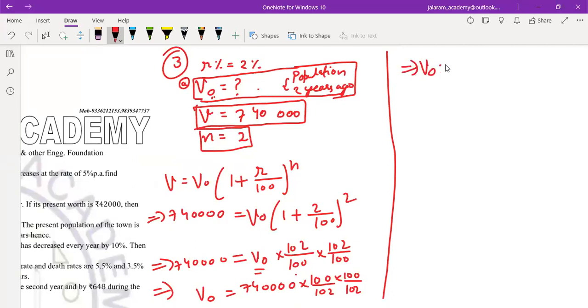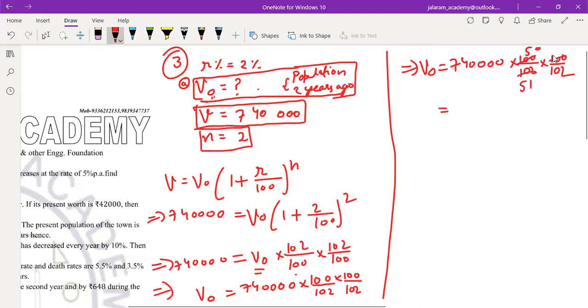So now we have to simplify it, for which we first write it again. Don't start cutting the original line, otherwise it can sometimes cause calculation problems. So we know that these two are divisible by 2. 2 5s are 10, 2 5s are 10, 2 1s are 2, 2 5s are 10, 2 5s are 10, 2 1s are 2. So it is 7,40,000 into 50 into 50 over